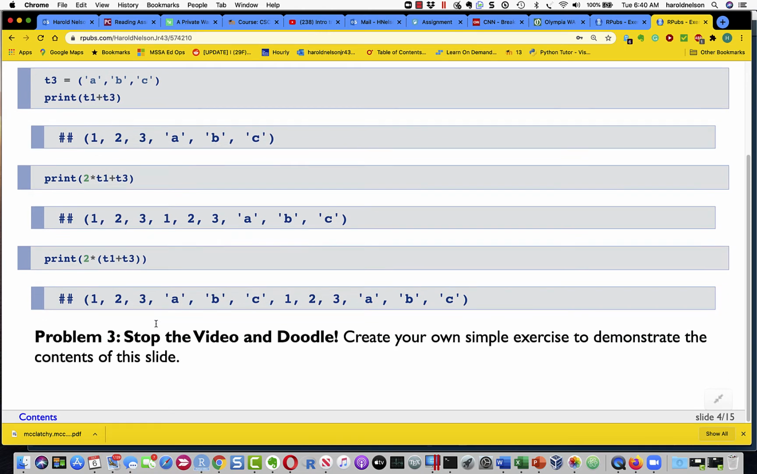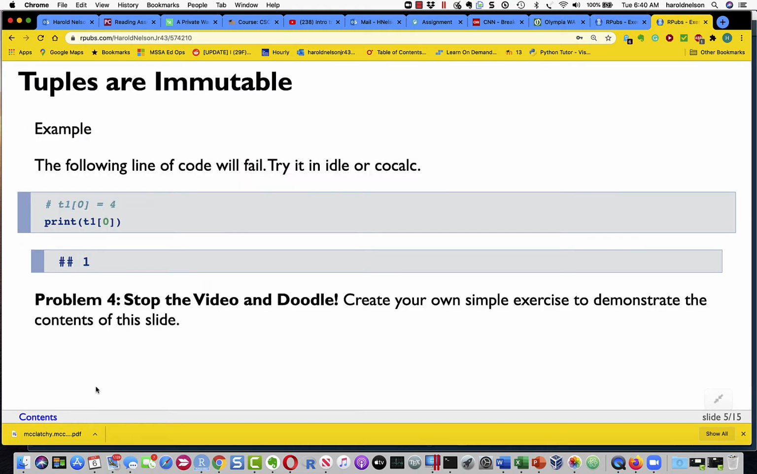So stop the video and doodle, create your own simple exercise to demonstrate the contents of this slide, then come back and start the video again. Okay, you're back. I assume you've done your thing. Tuples are immutable. If you try to directly change a tuple, like this says I want to replace the first element of the tuple T1 with 4, and here I printed it out, and you see that the change did